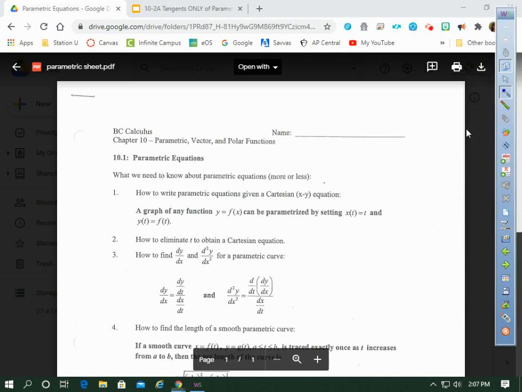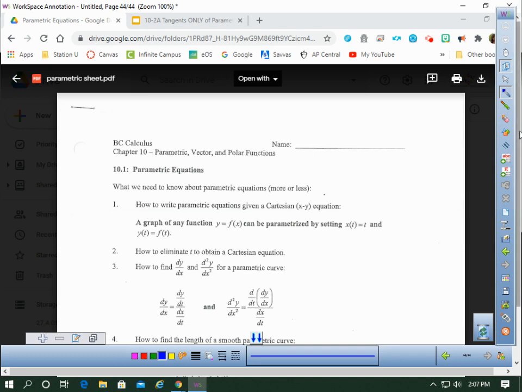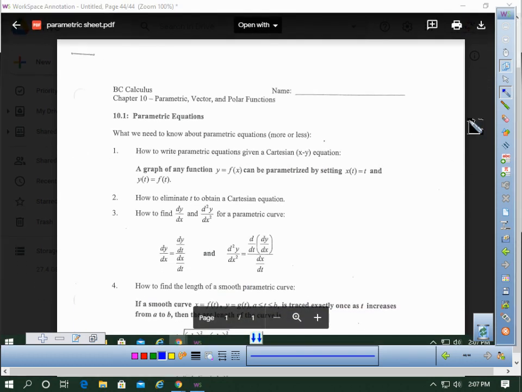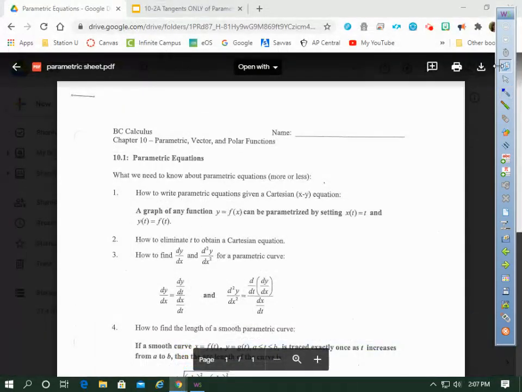All right, so we have learned what parametric equations are. So now we're going to get into derivatives and that sort of thing. All right, so now